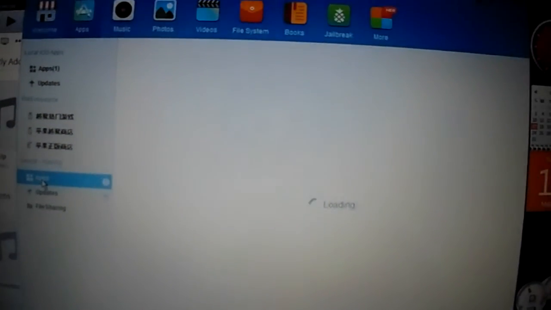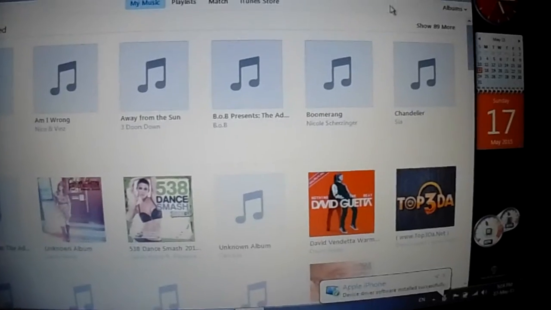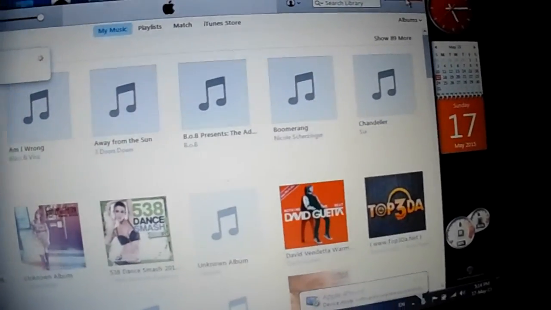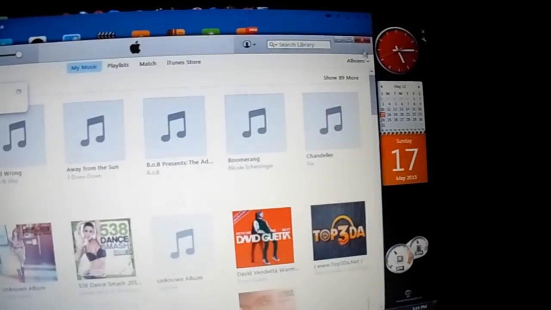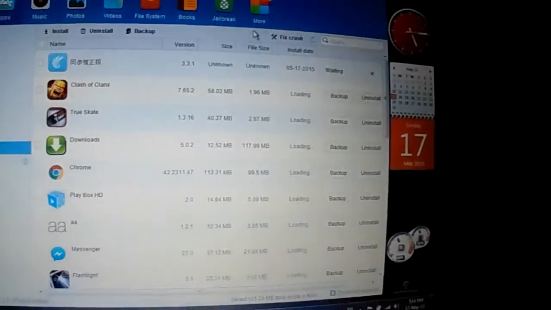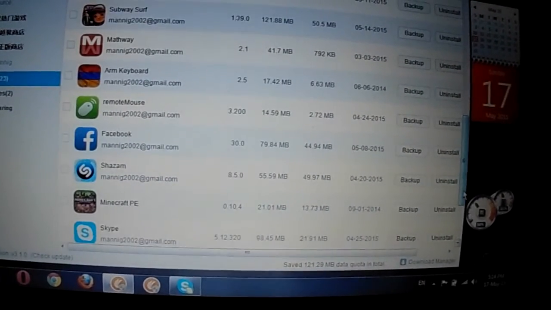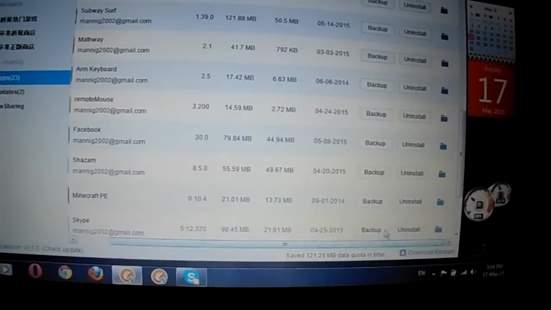Let's wait for it to open. Oh, it opened. So search for Minecraft again. Where is it? Oh, here it is. You do the same thing.